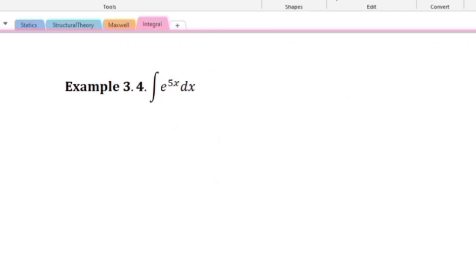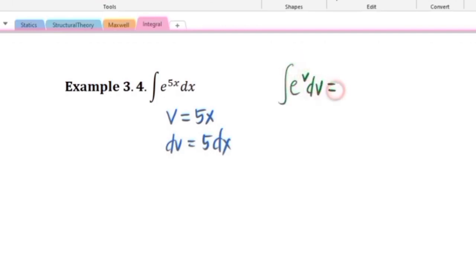Example 3.4, we have the integral of e raised to 5x dx. So we let our exponent equal to v. So v is equal to 5x. dv is equal to 5 dx. So from our formula, the integral of e raised to v dv is just equal to e raised to v plus c. So we have the integral of e raised to 5x dx is equal to